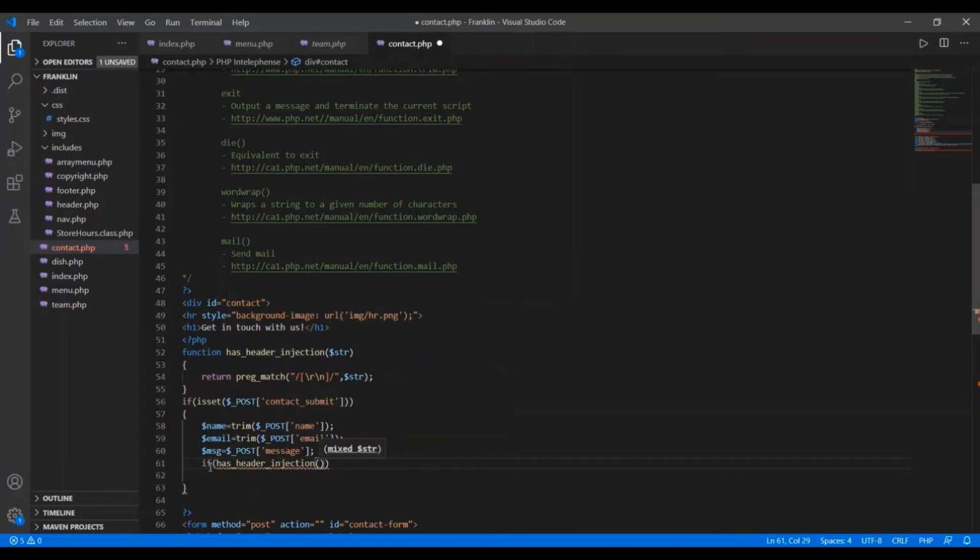I'm calling this function, and to this I'm passing the variable say name or email. Here I write has_header_injection, and here I pass either name or email. So here I write email. Then what we have to do here, we're going to write its body.